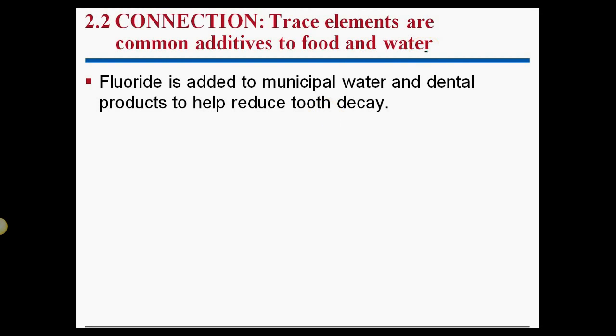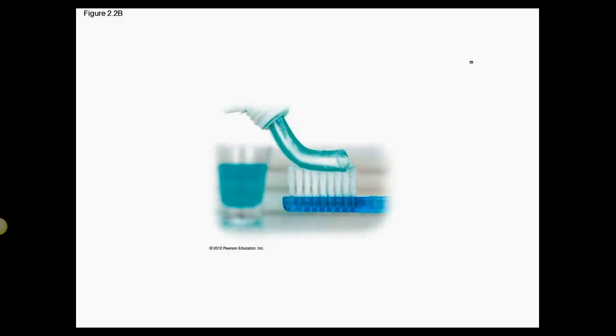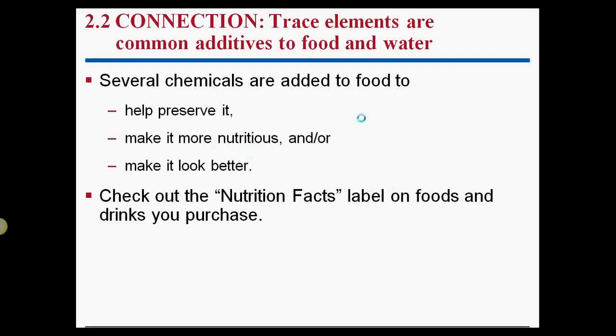Trace elements are common additives in food and water. So one of those things is fluoride. It's added to water, and it's added to dental products, and it helps make your teeth super white. This would be the best way to show that. So fluorine is for this stuff. But less creepy. Okay, so it's added here as well. Fluorine is an additive. In small quantities, it's really, really good for your body. It's not going to do anything bad for you. In fact, it'll just help.